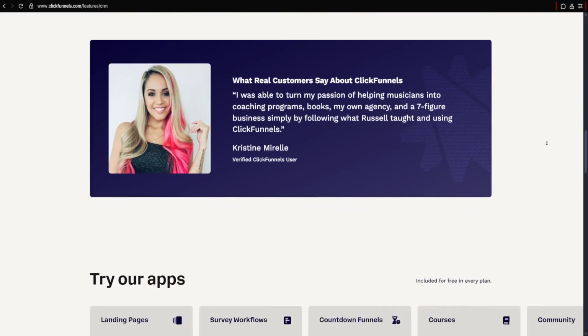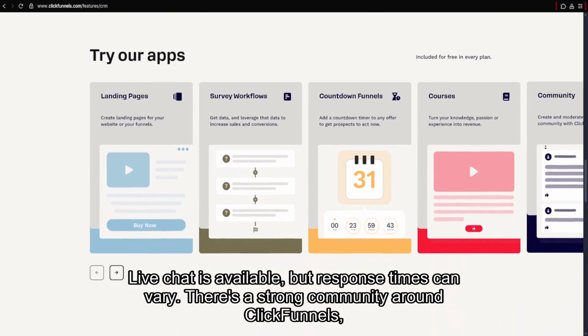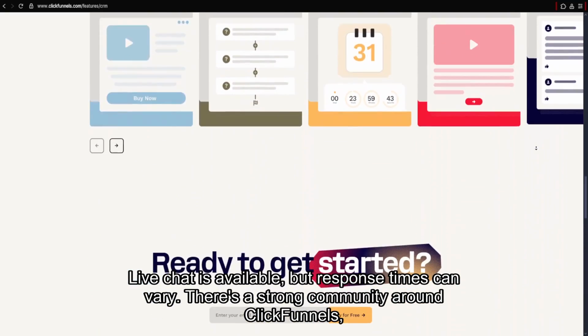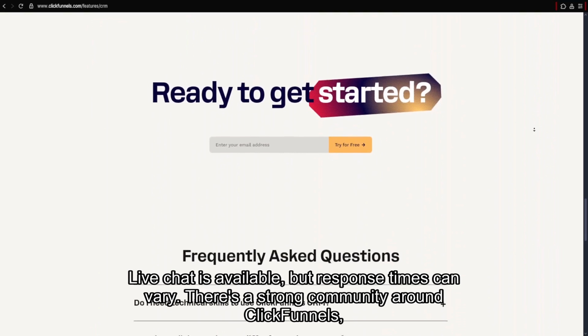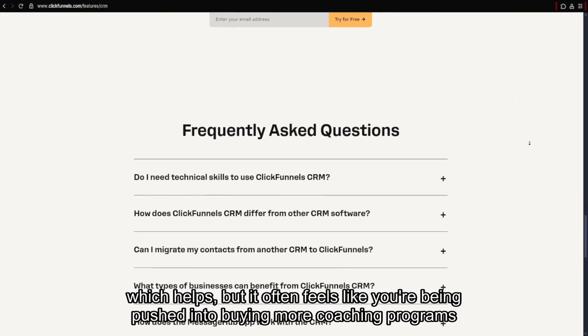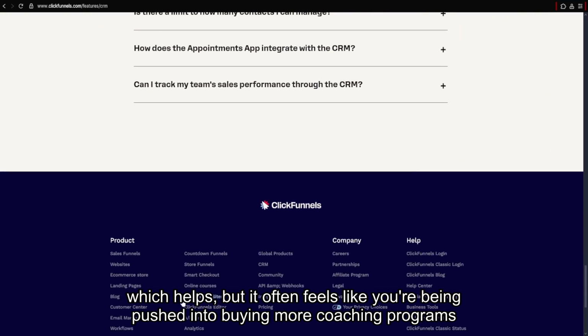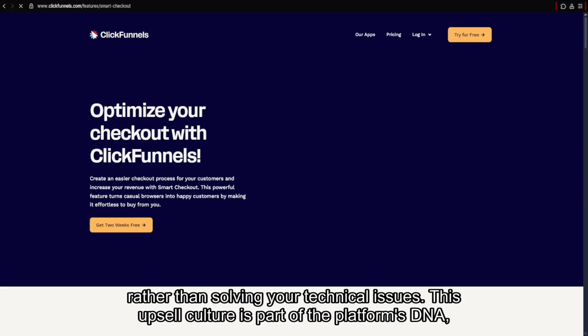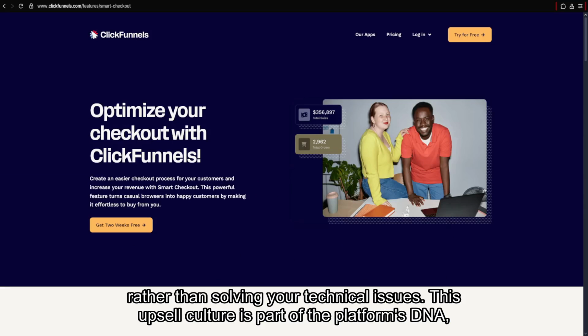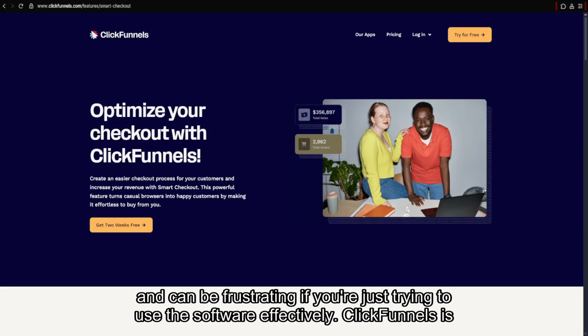Support is a mixed bag. Live chat is available, but response times can vary. There's a strong community around ClickFunnels, which helps, but it often feels like you're being pushed into buying more coaching programs rather than solving your technical issues. This upsell culture is part of the platform's DNA and can be frustrating if you're just trying to use the